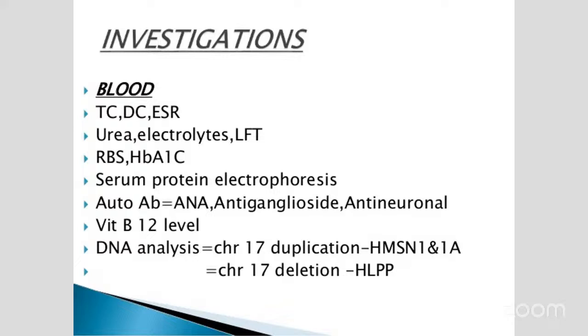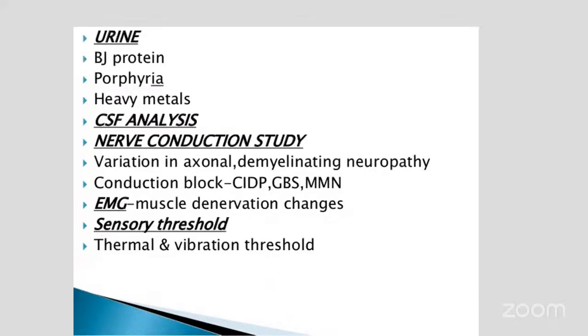Autoantibodies, that is ANA, anti-ganglioside and anti-neuronal antibodies, should be checked. B12 level should be checked. And if indicated, copper and ceruloplasmin levels can also be sent. DNA analysis for hereditary neuropathies, that is chromosome 17 duplication in case of HMSN 1 and 1A, and chromosome 17 deletion in case of HNPP. We should also test urine for Bence Jones proteins,